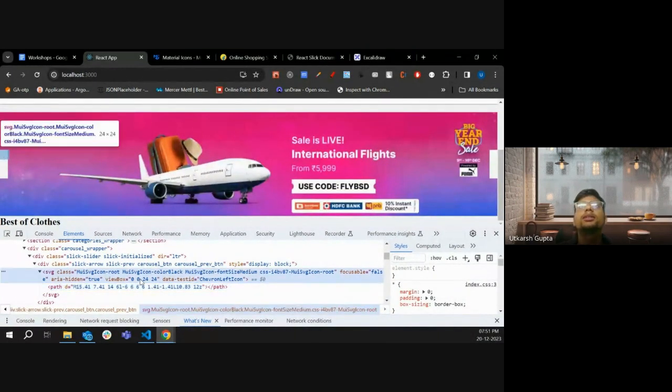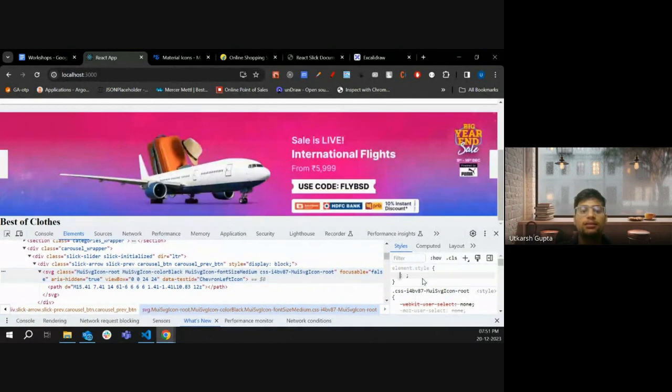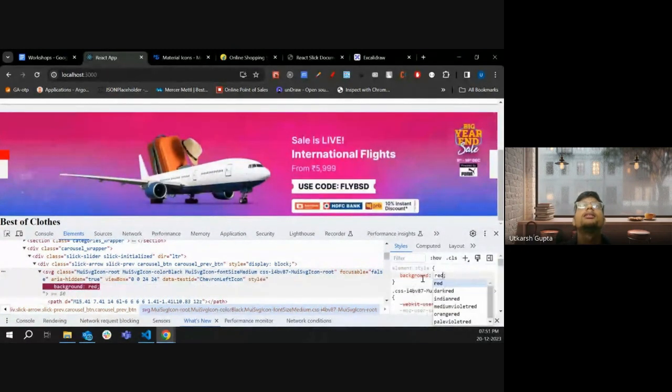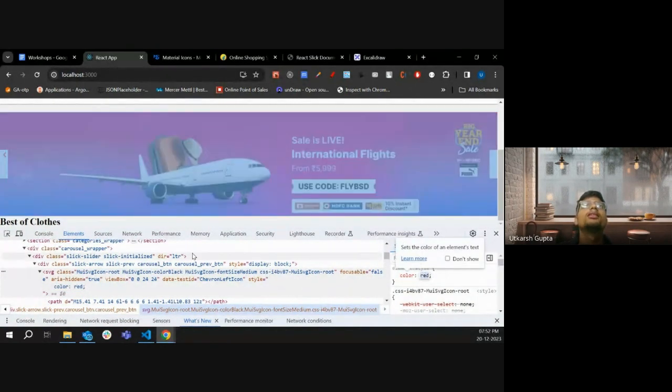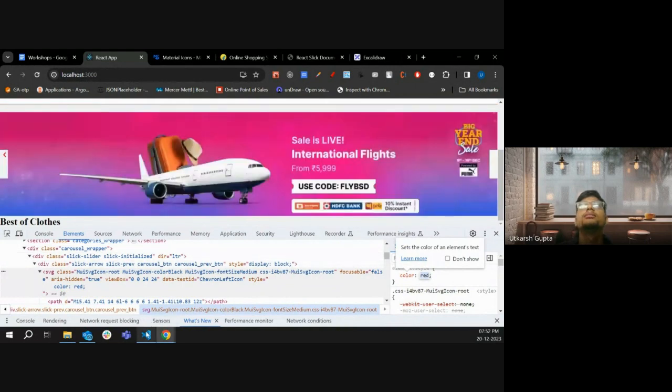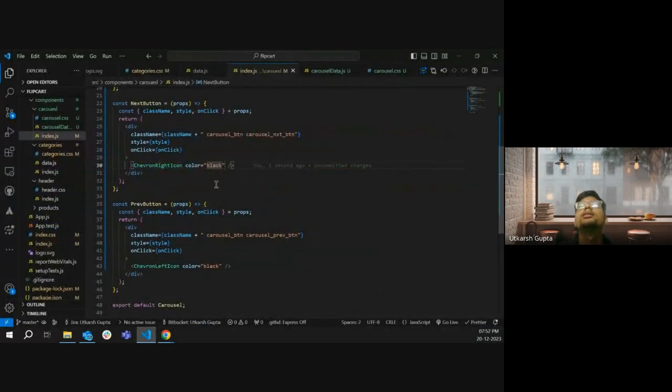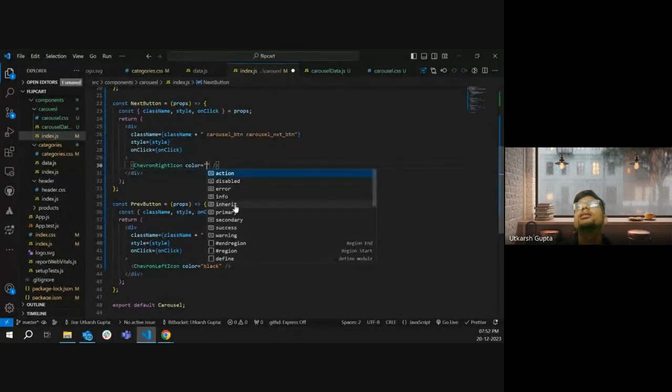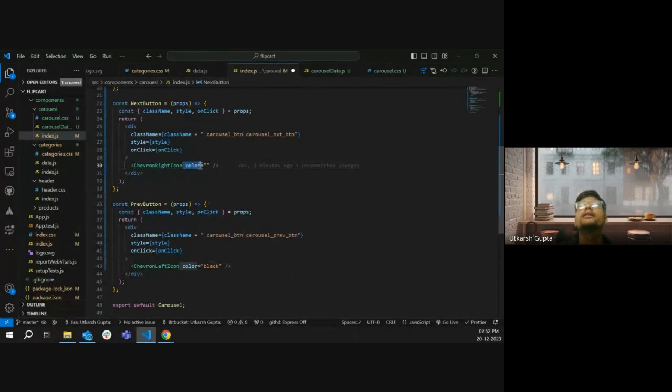Let's give the color to it. Background red. Yeah, here. Color red. Okay, so we have this color, but this color was not working on this. Color, action, disabled, error, info, primary, secondary. Okay, so we cannot give the color like this. We have to give the